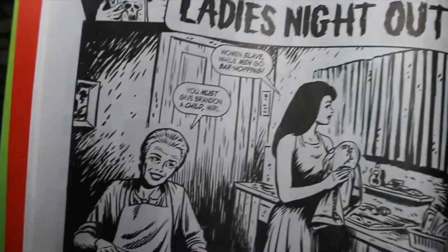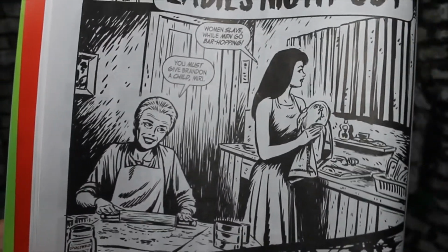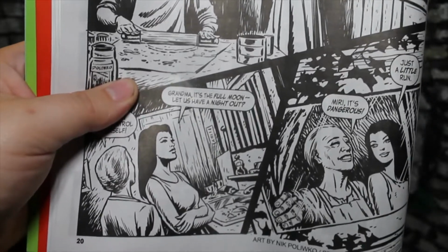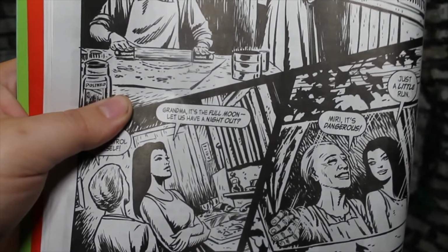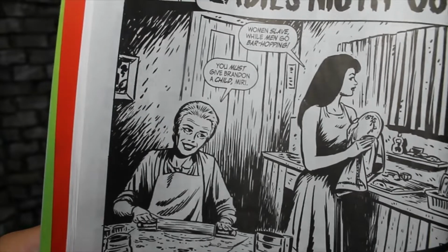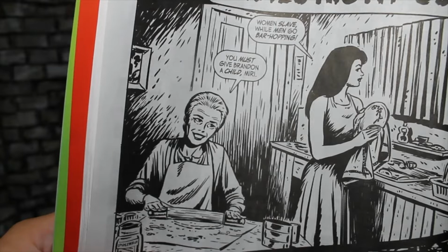After that, we get a werewolf story called Ladies' Night Out, and this woman and her mother are werewolves, and she talks about how her husband goes out all the time, but she's left alone at home, and she doesn't like being left alone at home all the time, and she wants to go out and be a werewolf, and the grandmother's like, I don't know about that, you're not good at controlling being a werewolf, but she convinces her